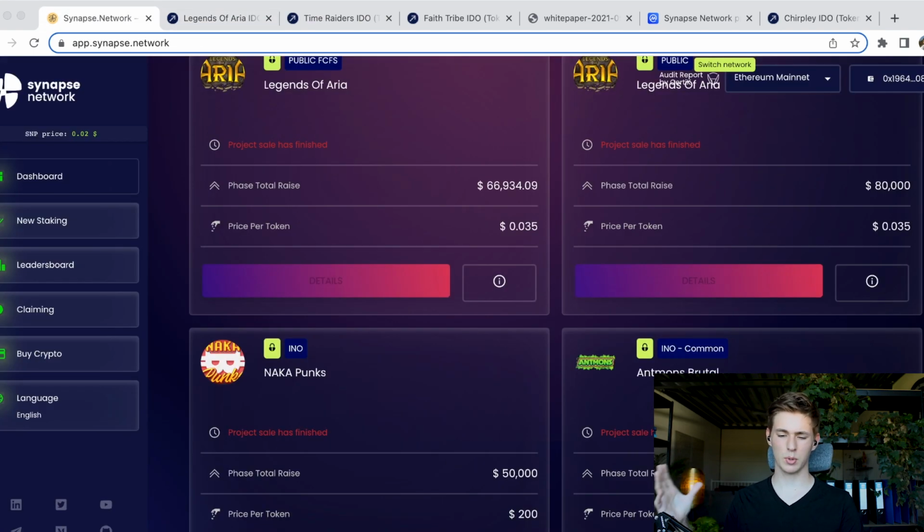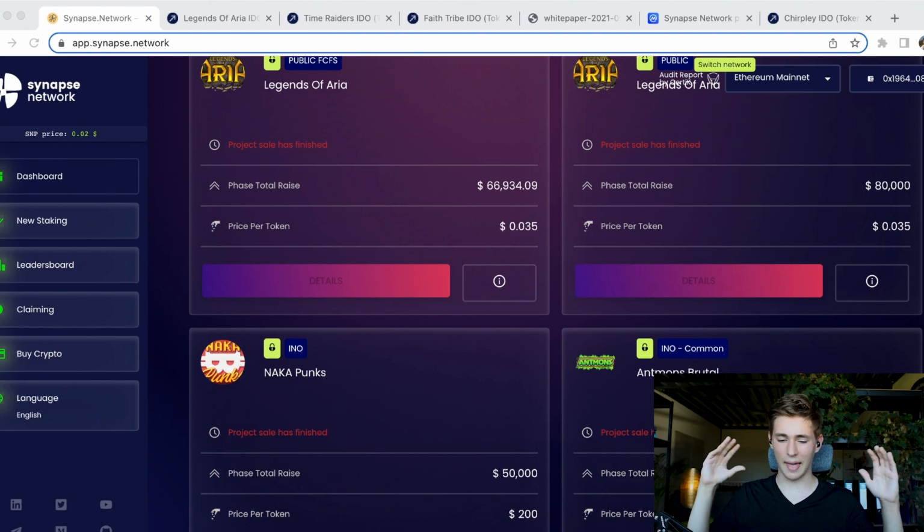Now again, this is the same with every launchpad. What we're mostly looking at is how many projects are good versus how many are bad. And overall, in a bear market, if a launchpad simply has more good profitable projects than it has bad projects, then automatically it's a good launchpad, right? Per definition. In a bear market, it's difficult to find projects, let alone projects that do well. So if you have a launchpad that is launching frequently and there are more good launches than bad launches, then per definition the launchpad is doing something right.